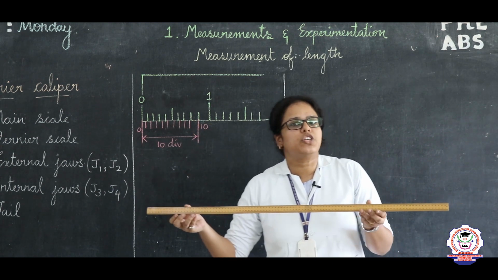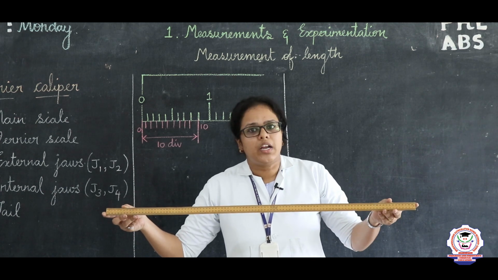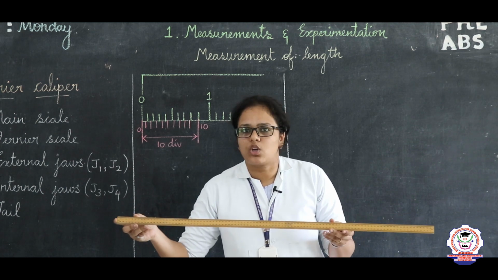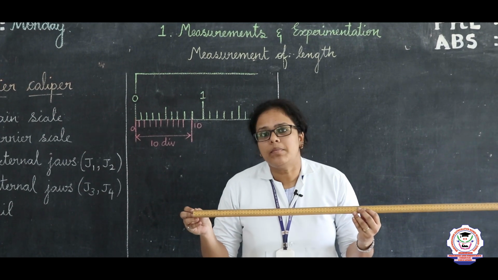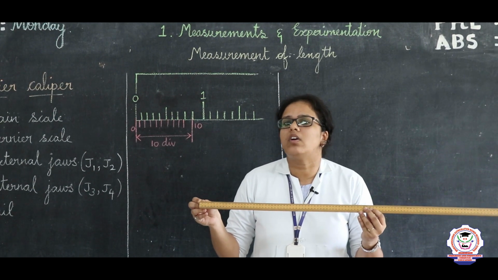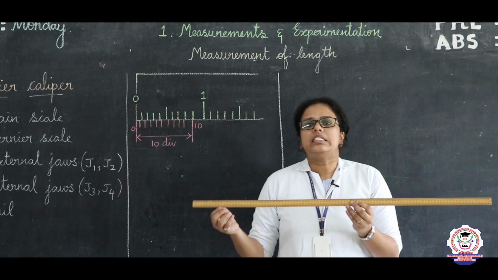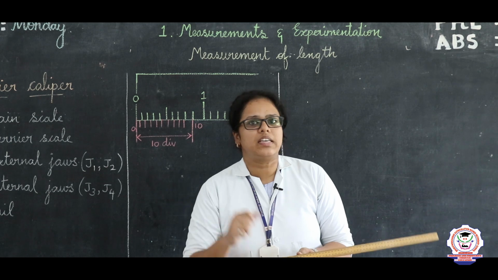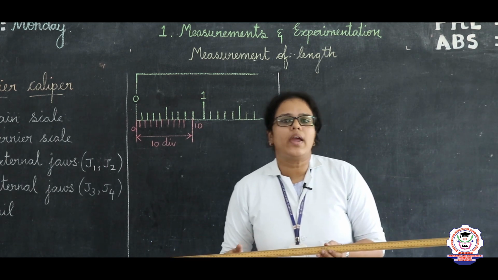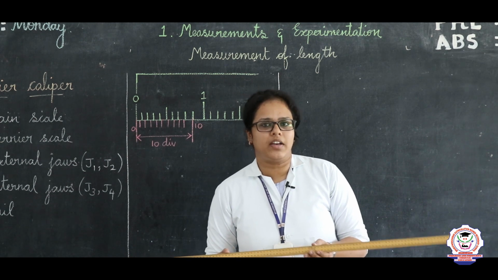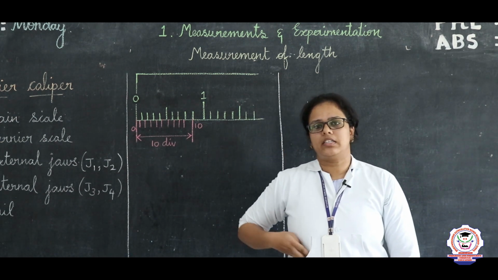Generally, the length is measured using a meter scale. Here the meter is divided into 100 equal parts called centimeters. If you look closer, the centimeter is divided into 10 equal parts called millimeters. This meter scale is a replica of a standard meter which is kept at the International Bureau of Weights and Measures in Sèvres, Paris. We all know how to measure the length of an object using a meter scale.